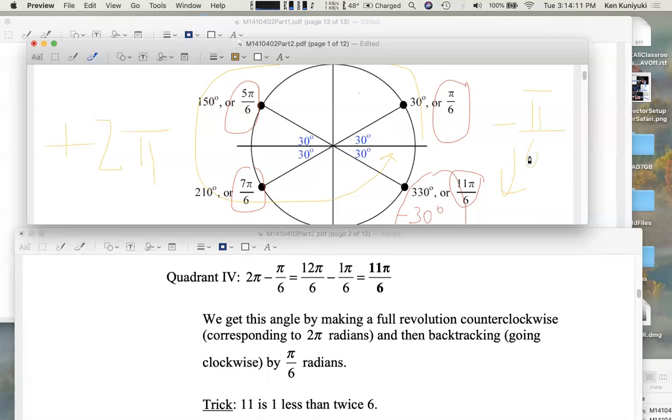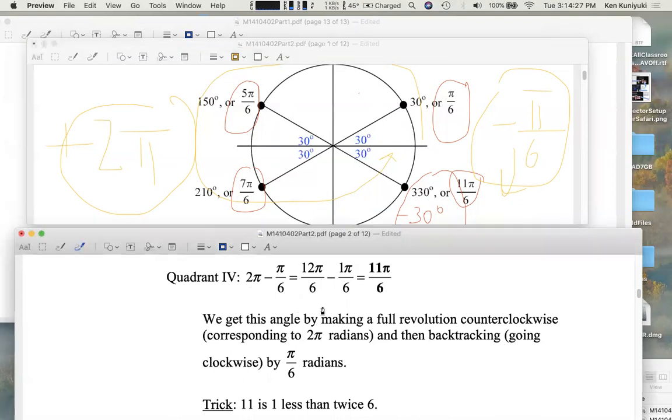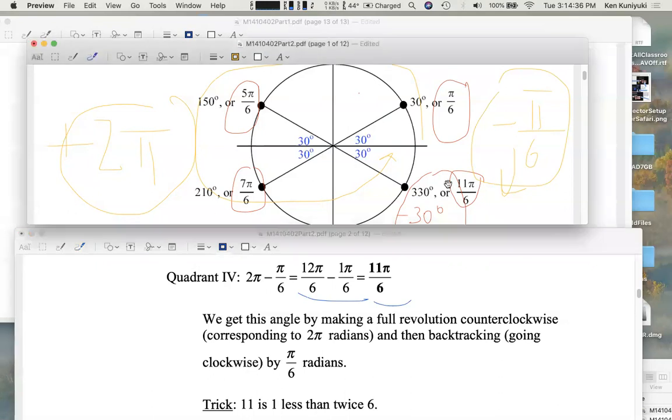Remember, 30 degrees is pi over 6 radians. The reference angle is pi over 6 radians, or 30 degrees. What is 2 pi minus pi over 6? Let's do the algebra or pre-algebra. 2 pi is 12/6 pi. What is 12/6 pi minus 1/6 pi? It's 11/6 pi, or 11 pi over 6. So,